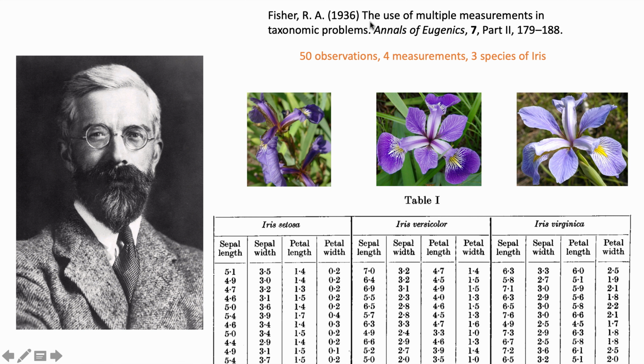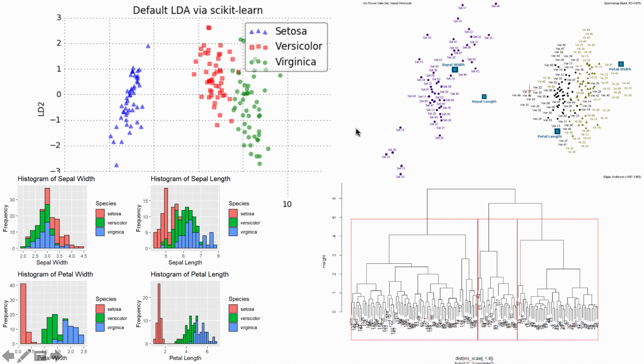Because in this paper, he published both an analysis of the data and also a data table with the complete data set, the iris flower dataset ended up becoming one of the most famous datasets in statistics. Back then, and even today, it's still very widely used. So in this next slide, I just have some sample data visualizations from publications or tutorials I found online that use the iris flower dataset.